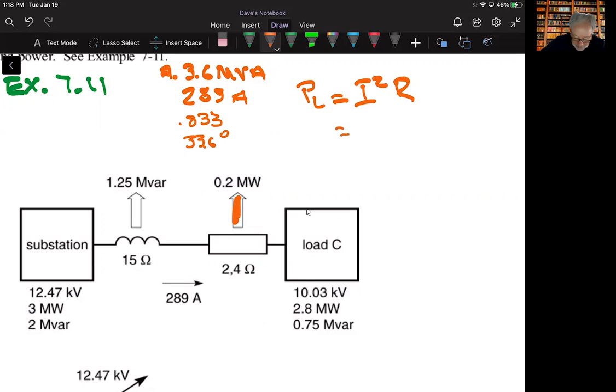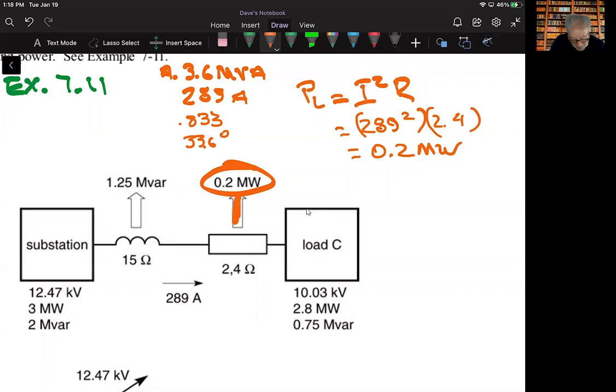And so the 2.4 is the resistance. The current is 289 squared times 2.4, and that is going to be 0.02 megawatts. And so that's where this value comes from right here. Again, here I'm telling you things that are given, but this was of course derived from the information that we had. And then the active power that's absorbed by the load is,